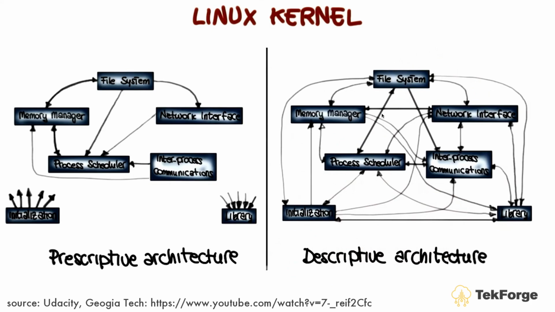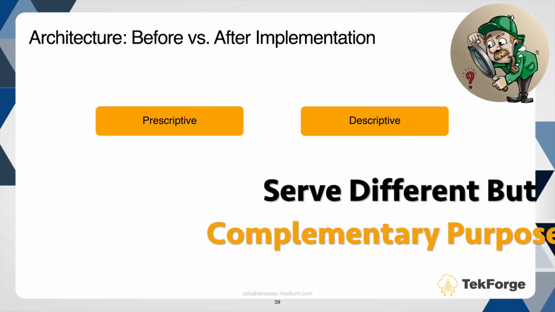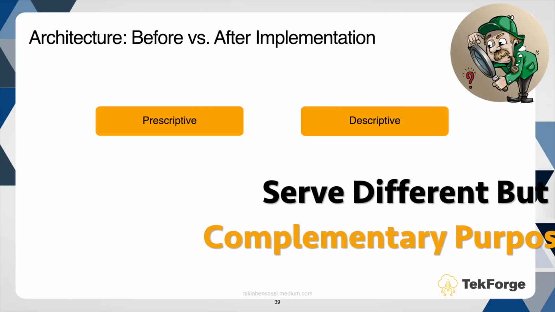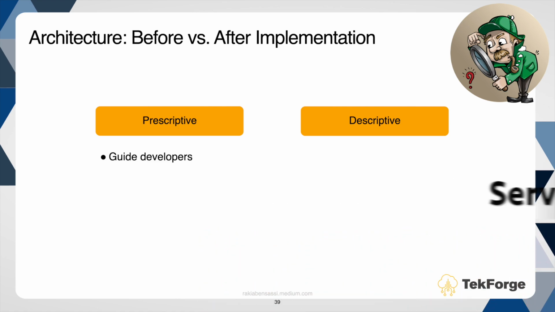This diagram might appear more chaotic with numerous additional connections and pathways that were not evident in the prescriptive plan. This reflects the complexities and adaptations that occur during the real-world execution, maintenance, and evolution of the system. Both architectures serve different but complementary purposes. The prescriptive side guides developers on how the system should be built, while the descriptive side reflects how the system